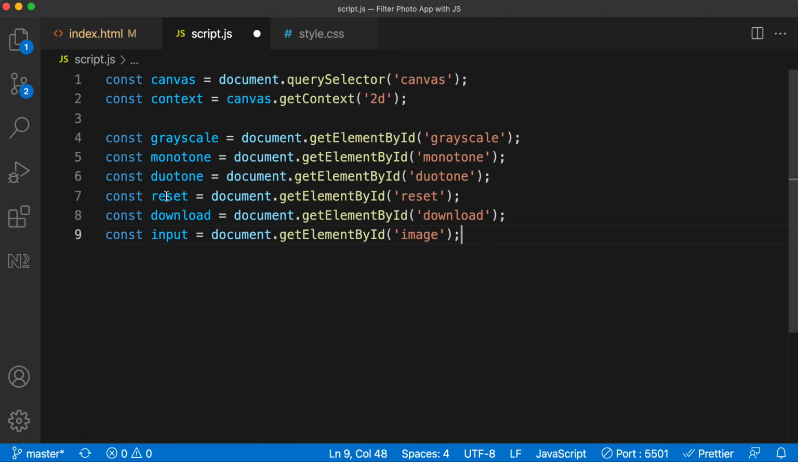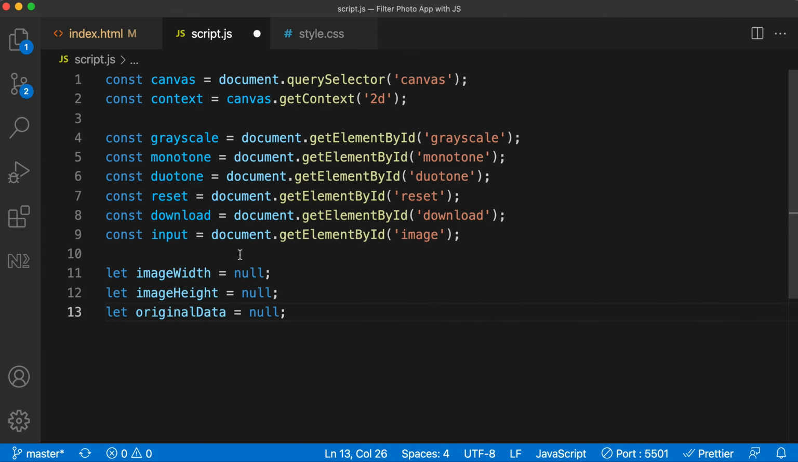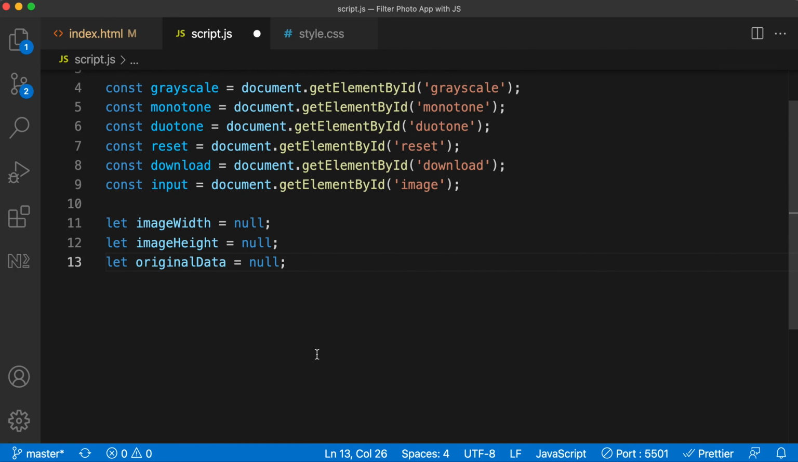Next, I am selecting the filter, download and reset buttons plus the input field by their IDs. Finally, I am adding variables with the name imageWidth, imageHeight, and originalData. These will hold information required by several of our functions, so I want to add it to the global scope. The information they hold will change, so I am using let instead of const, so I can reassign